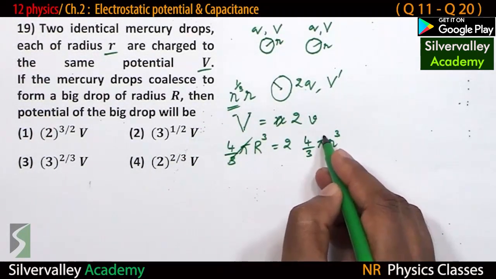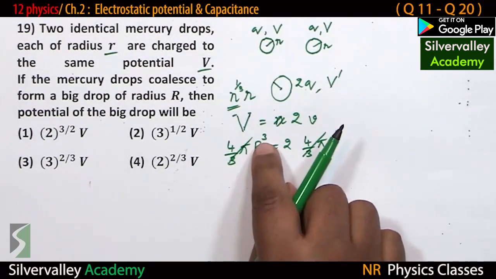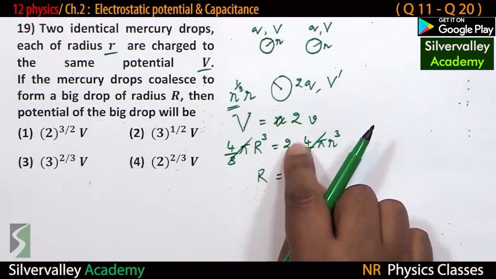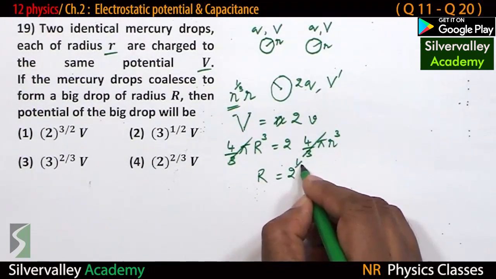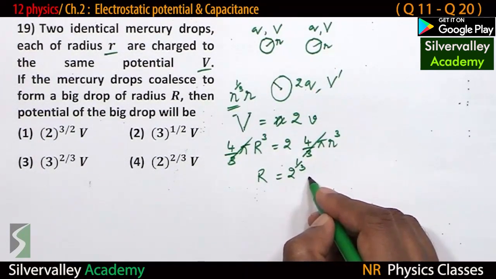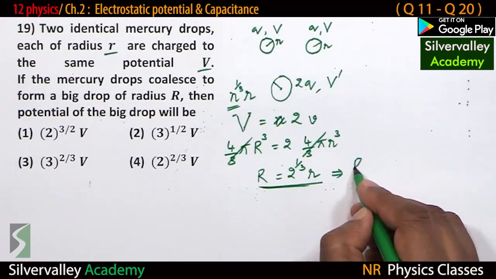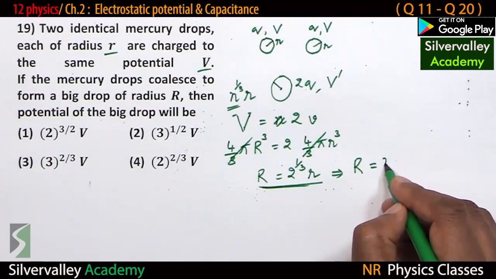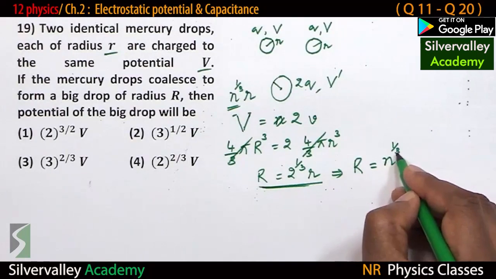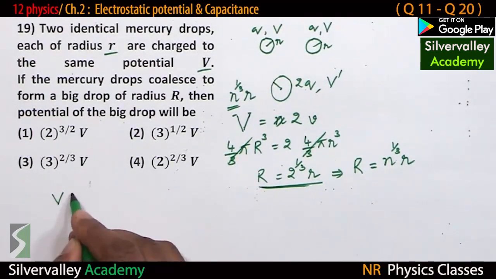4 by 3 pi gets cancelled. So radius of bigger, take cube root, R equals cube root of 2 times r. So in general, radius of bigger drop equals cube root of n times the radius of smaller drop. Fine. Now potential is